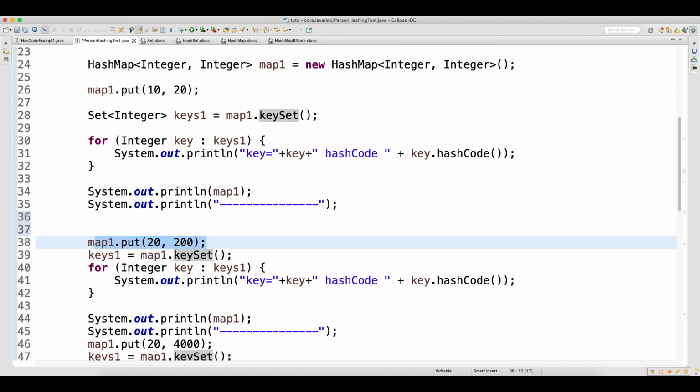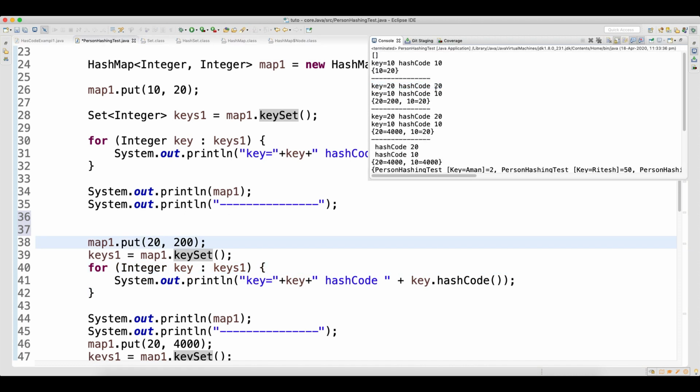I have added one more record. This is my first record, this is the second record, so now this loop will run two times. It will print the previous one and it will print this 20 also. Both get printed, and you can see that for key 20, the hash code is equal to 20. Now your map has two records: key 20 with value 200, and key 10 with value 20.